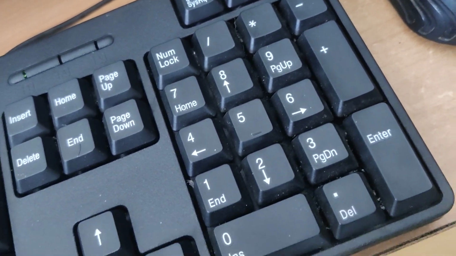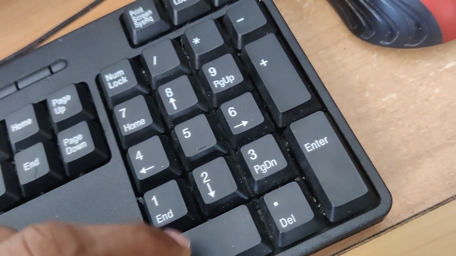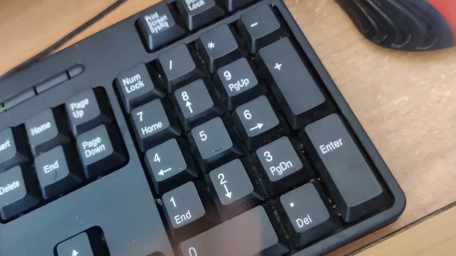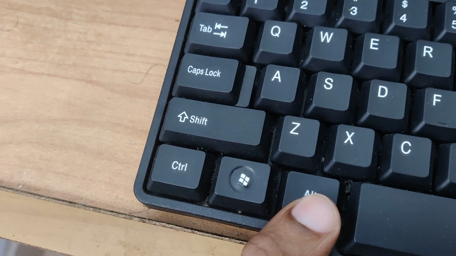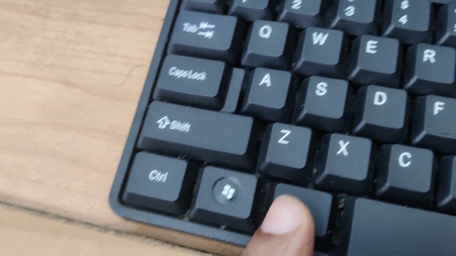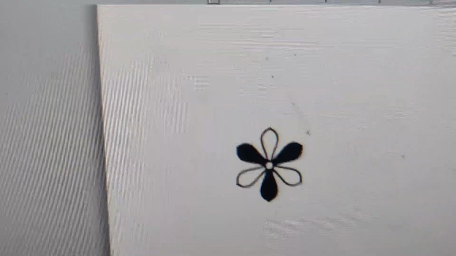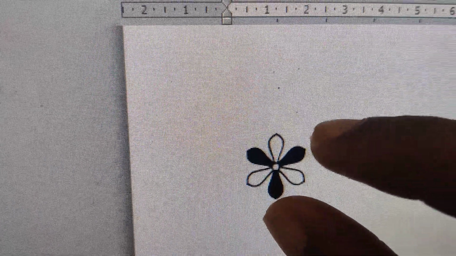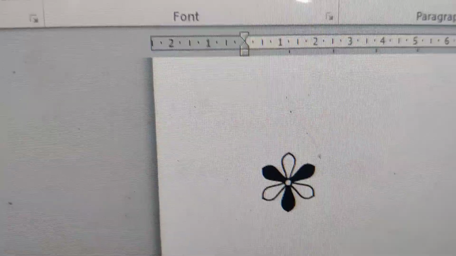At the same time I am typing in this section 10046. After typing 10046 I can simply release my finger from this alt key. So you can see that we have created a petal flower with alternating black and white, and to change the